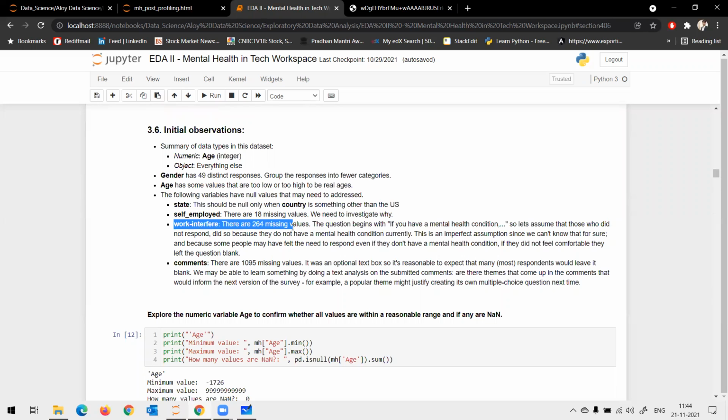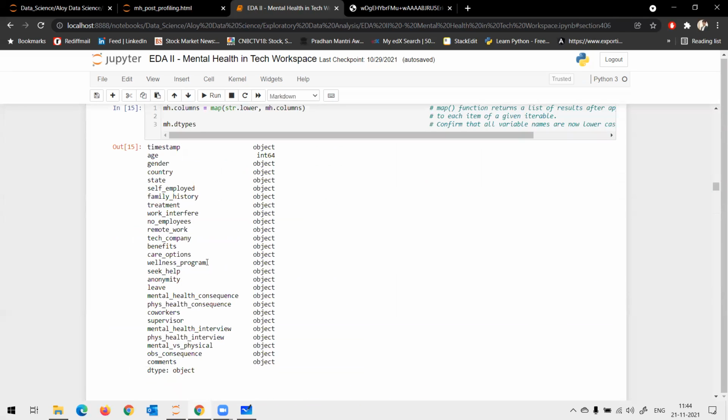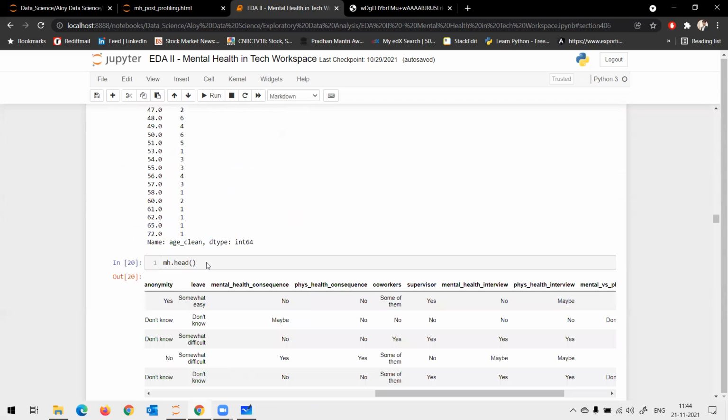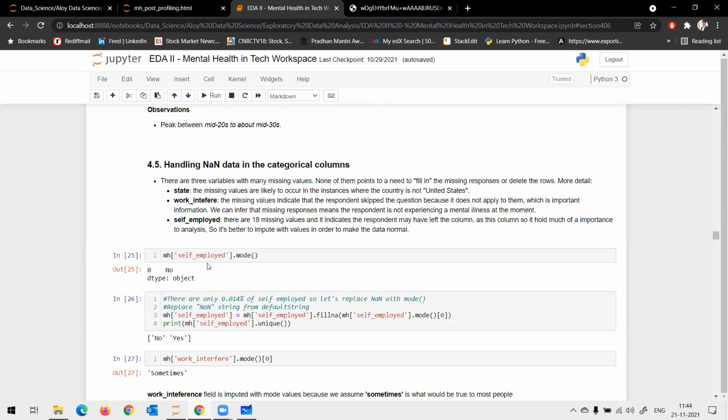Work interference had missing values. Correct?